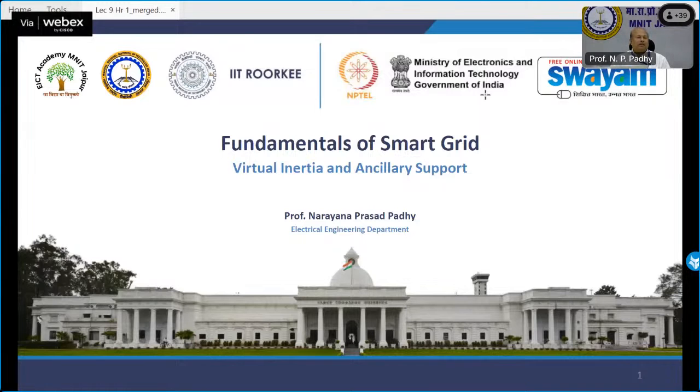So that means the inertia of the system is getting reduced day by day because of the presence of photovoltaic or PV power plants, where the rotational mass is missing. Right? So that is where the story begins with virtual inertia: where can we extract some inertia from a system which is not having rotational mass?